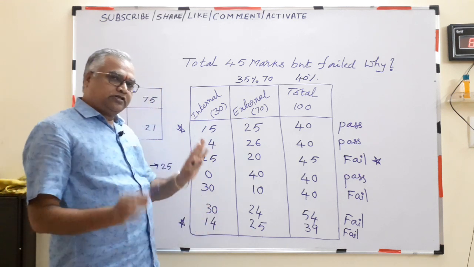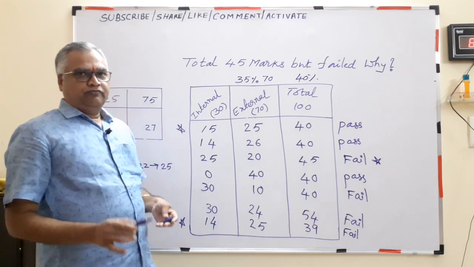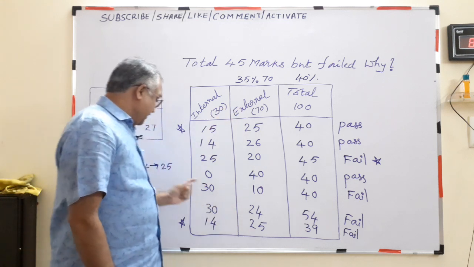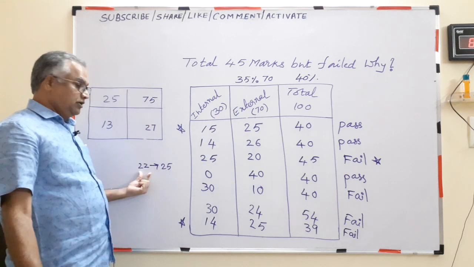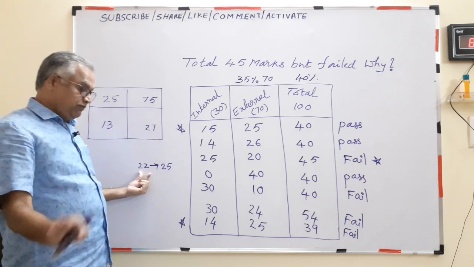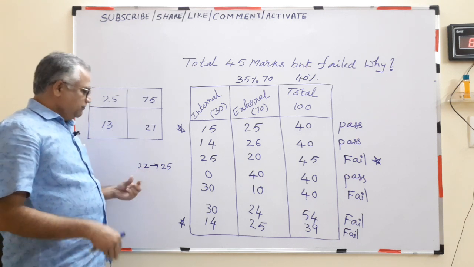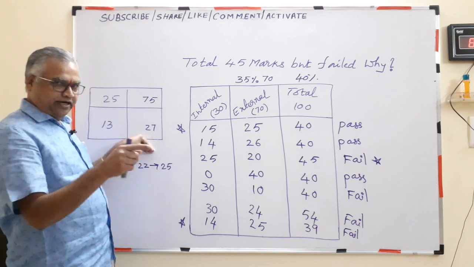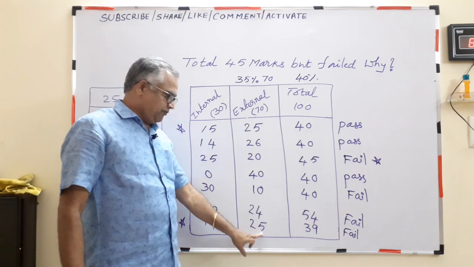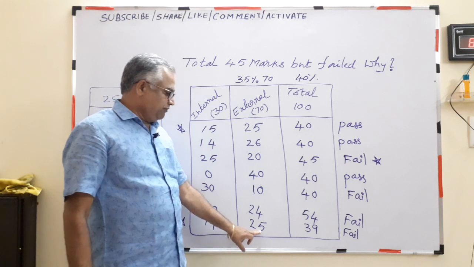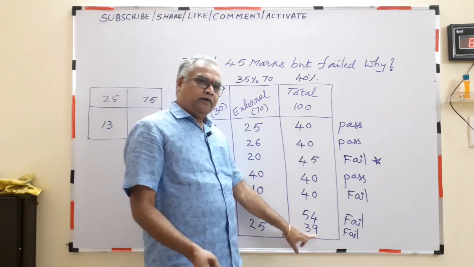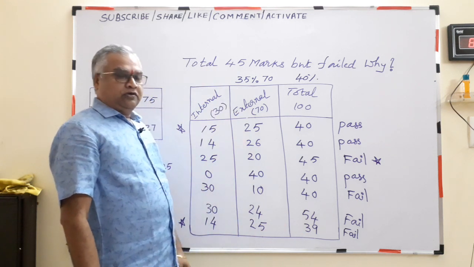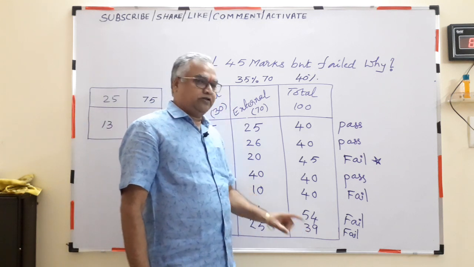What are your internal marks? The external evaluator doesn't know. Whoever is evaluating your internal marks, they don't know. But how many marks did the student actually get as per perfect evaluation? I am not saying strict evaluation, as per perfect evaluation, 22 only. But on humanitarian grounds they were kind enough, added 3 marks here and there, rounded to 25. But 14 plus 25, 39, declared as fail. After the result is declared, you will be shouting like anything at the evaluator, who is the useless fellow, failed me just because of 1 mark.